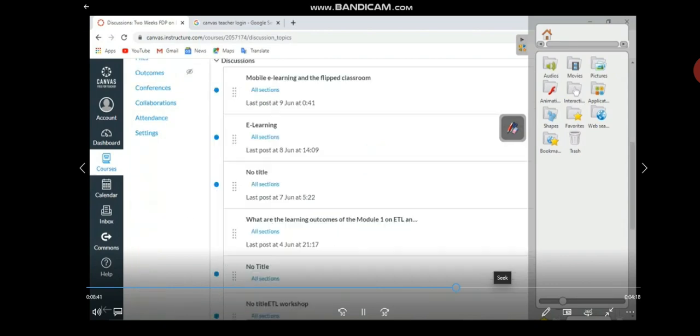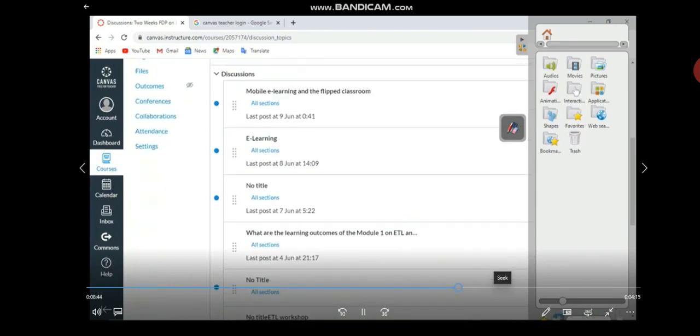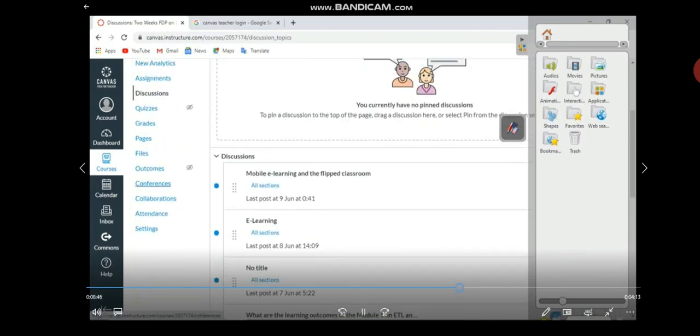But this is only after the course is started. Outcomes can be seen, conferences, different learners can be engaged on this platform for some common project. Even teachers can work together. So collaborations are there, attendance. Whenever an activity is touched, it is visible there, recorded there. So attendance can be marked, how many people are participating or not participating. So this is very important.